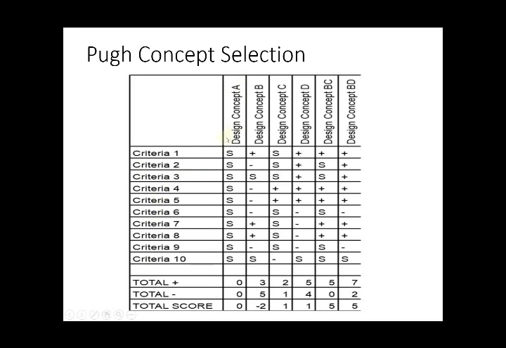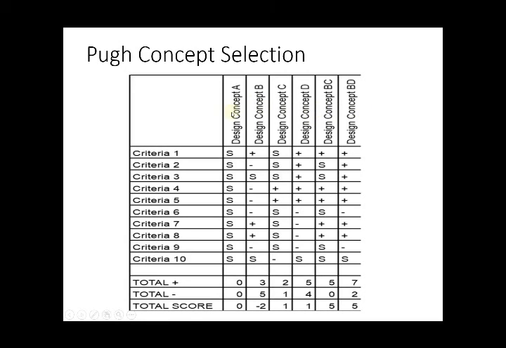So one of the concepts we fix as the standard concept, or the datum concept. So this is a standard concept now, and we denote it by S. All the criteria are met by this design concept, and we write it as S. S means standard. Now what we do is we compare the other design concepts with this standard concept and check whether other concepts